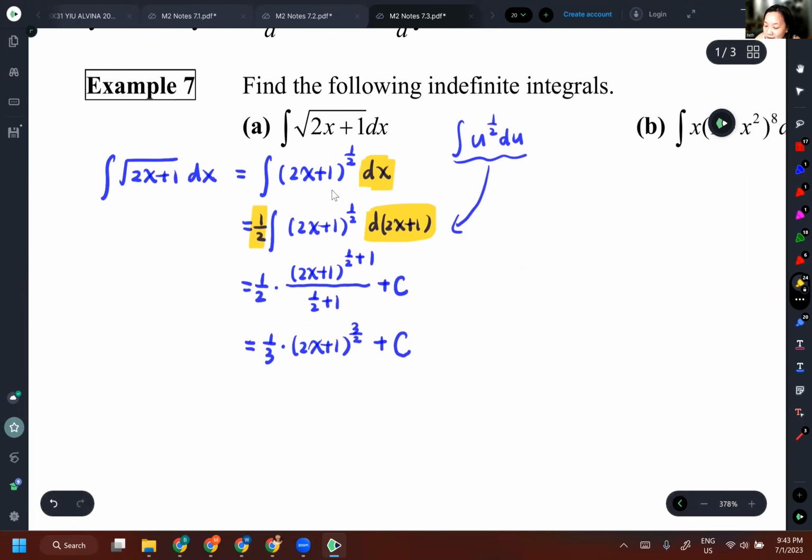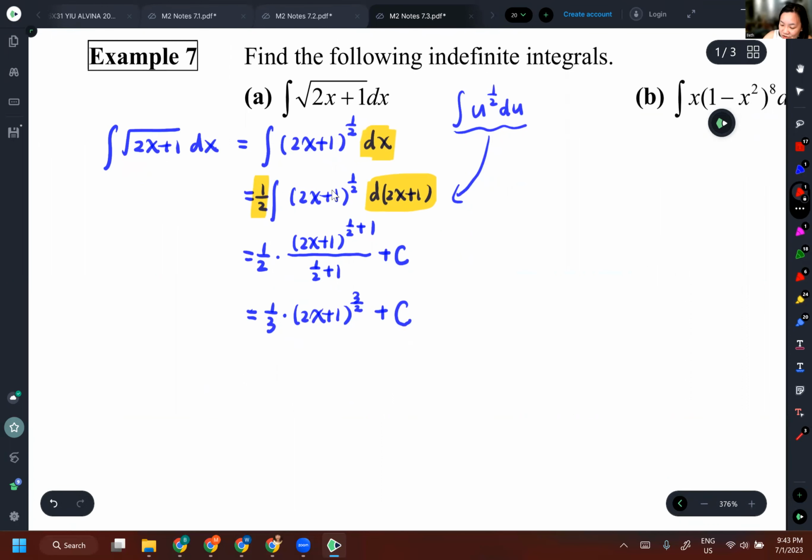Now, if you are in doubt of the answer, I can do differentiation to show you it's correct. Although integration is new, differentiation is not new, right? You can differentiate. You can see it really is